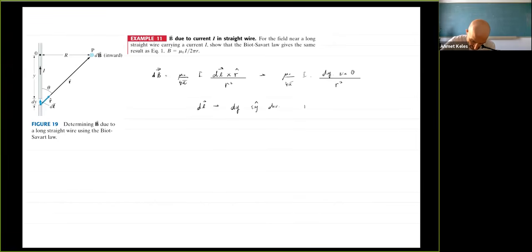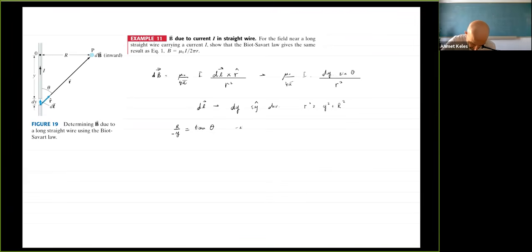And my r squared, I can use the Pythagorean theorem to write as y squared plus R squared. Okay, maybe I can write y in terms of tangent. So R divided by y, actually it seems like minus y here, is equal to tangent theta,